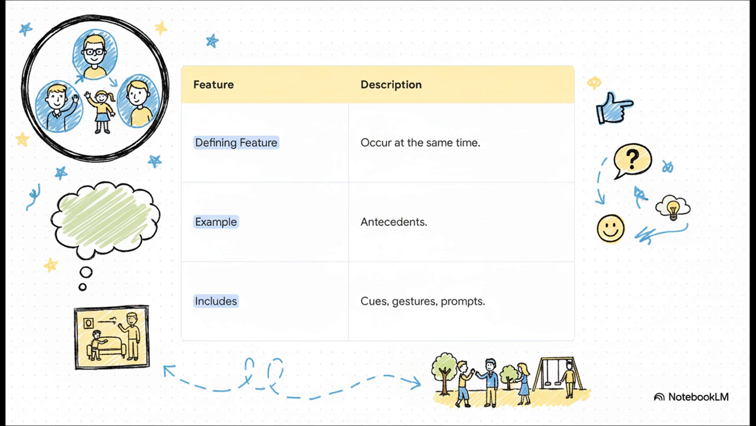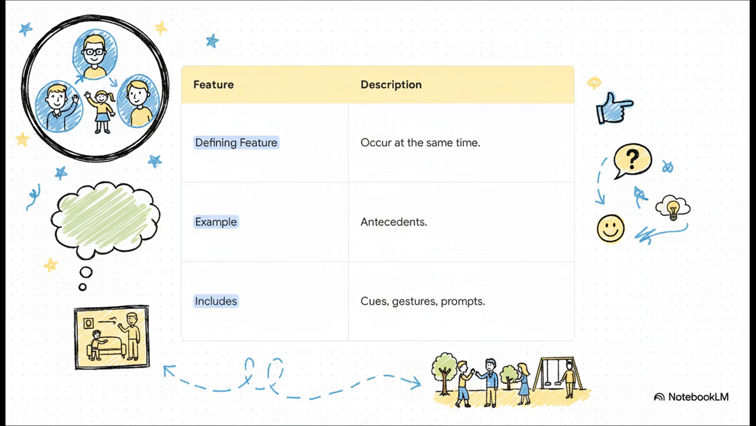Okay, next up is the temporal stimulus class. For this one, I want you to completely forget about what things look like or sound like. The only thing that matters here is when they happen. The classic example, antecedents. Think about it. To get a client to respond, you might use a verbal instruction, a physical gesture, or maybe a picture prompt. Formally, those are all totally different things, but because they all happen before the behavior, they all belong to the